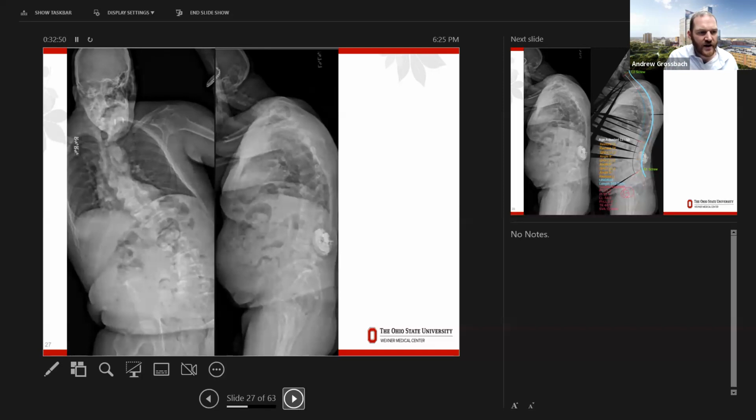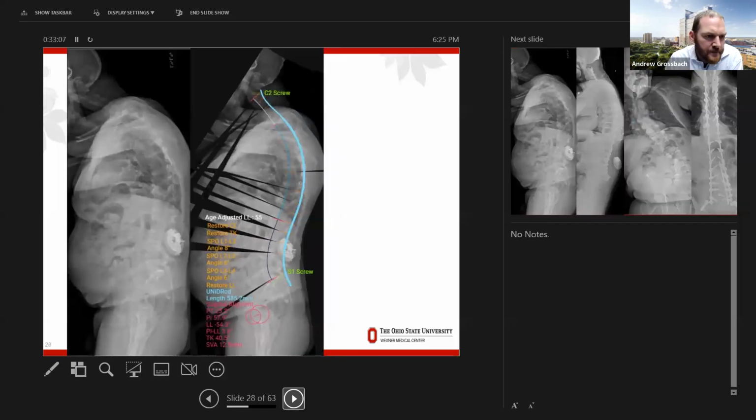So this is something in clinic that if I'm going to plan, what am I going to do with this? It's going to take me a while. I can tell him, obviously I've seen him a couple of times and we've tried conservative things and physical therapy, and he's worsening and his alignment's getting worse. We say, you know what, maybe it's time to talk about surgery. So this is our plan for him. I like to avoid 3-column osteotomies if I can. So we plan to do multiple posterior column osteotomies in the lumbar spine,